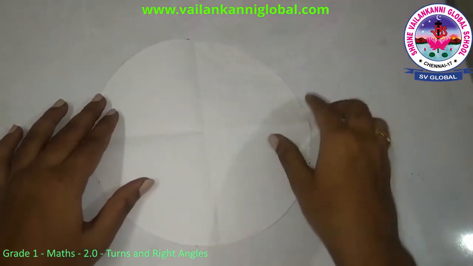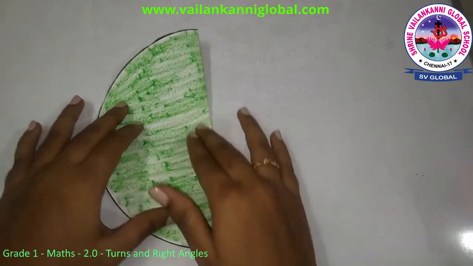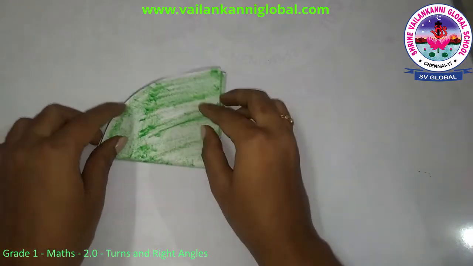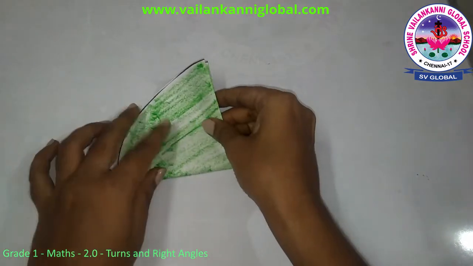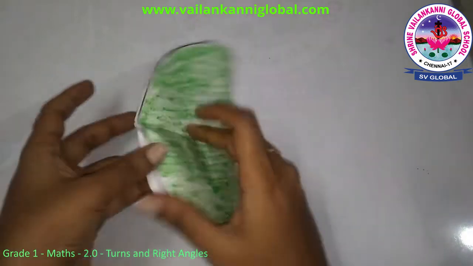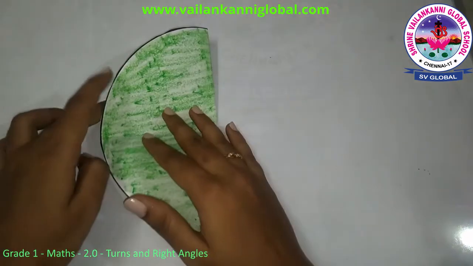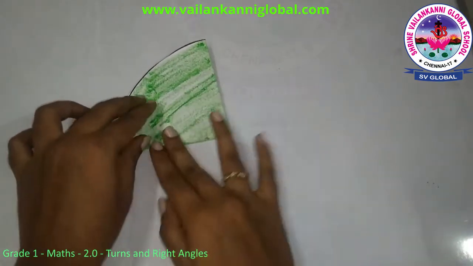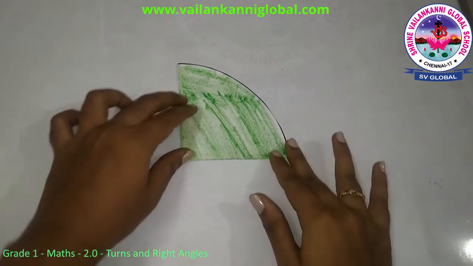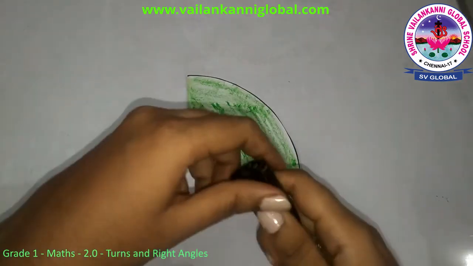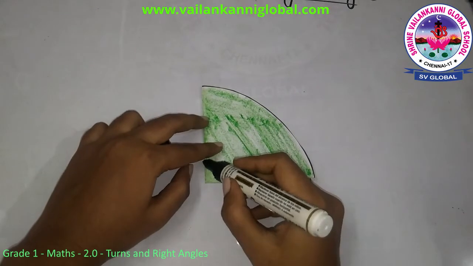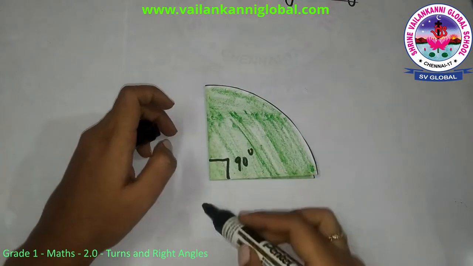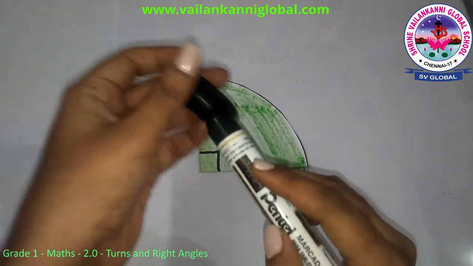For that, just fold the circle into one half. Okay. And make another fold again. That's all. So now your right angle checker is ready. I'll explain it again. Open a circle, make it into half and fold it into another half. Now my right angle checker is ready. If you can see, the edges formed here is 90 degree. So with the help of this, you can keep the right angle checker anywhere and check.